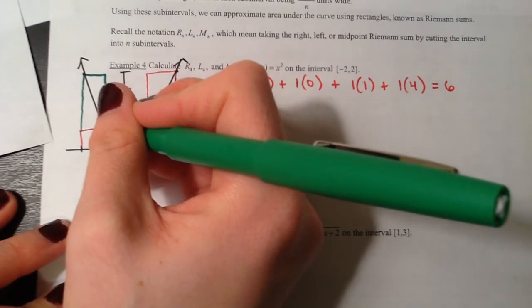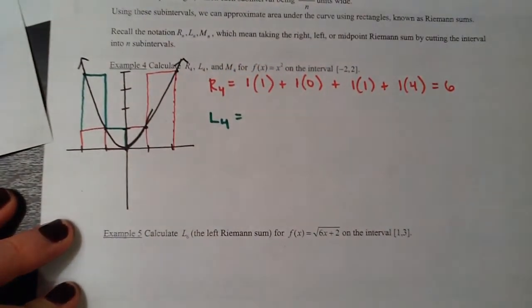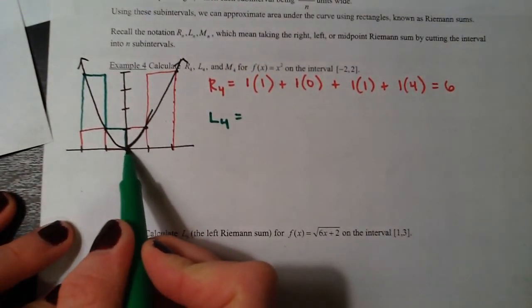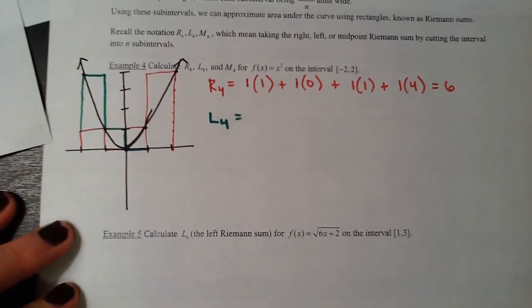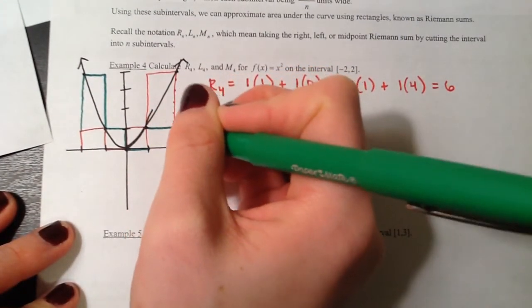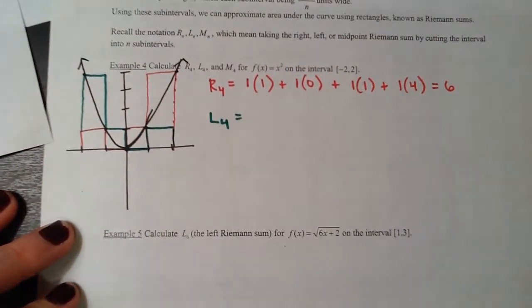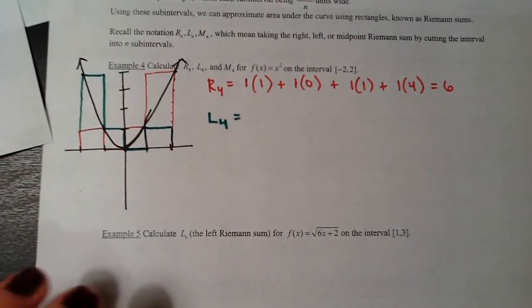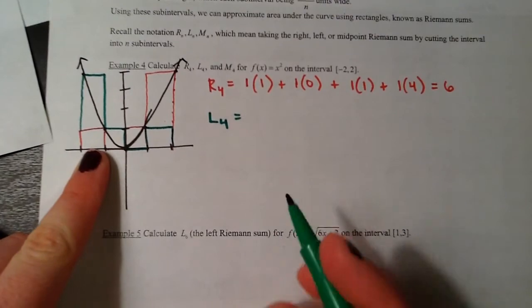For this next one, we use the left endpoint, so we've got this rectangle. For the third one, we use the left endpoint, which means we've got no height at all. And then for this one, we use the left endpoint. So that's our last rectangle there. So this is actually going to end up being the same area. So for this first rectangle on the left,